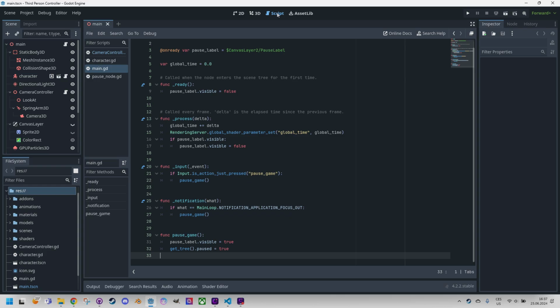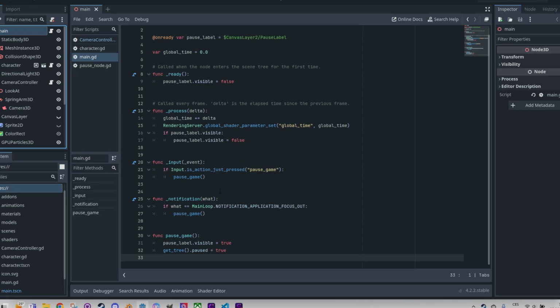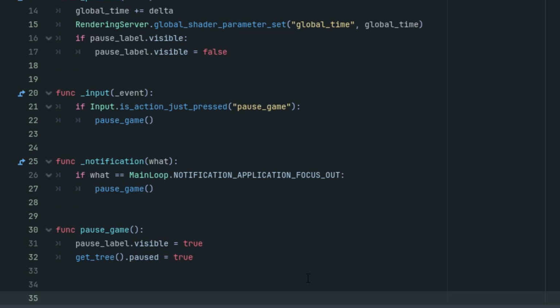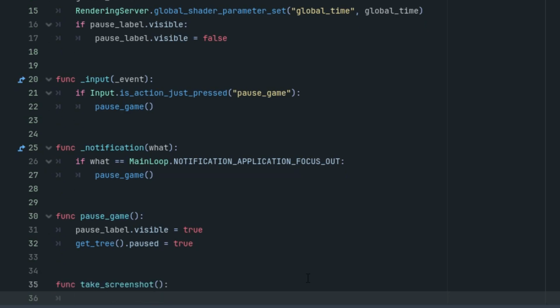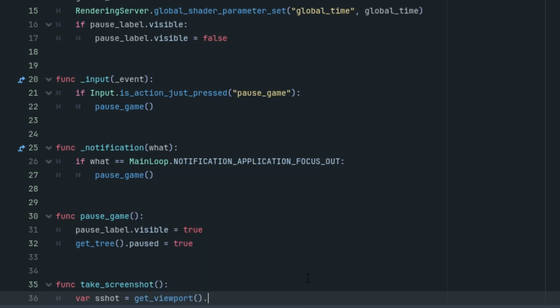So I will switch to the script attached to the main node, main scene, and add a function called takeScreenshot. Once I write this function, I'll call it when a specific key is pressed. Let's do it down here. So func take screenshot, no parameters, and what we'll do here, let's call it as shot to make it shorter, and the function is get viewport, get texture, get